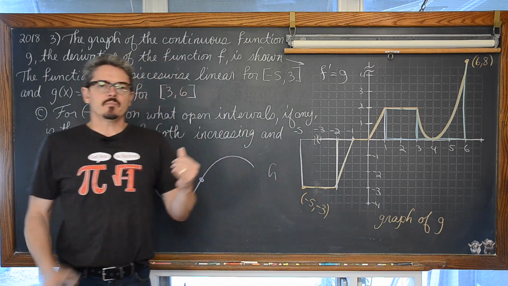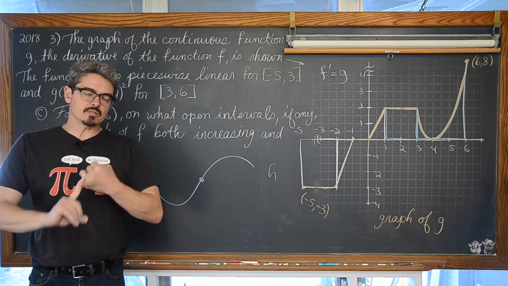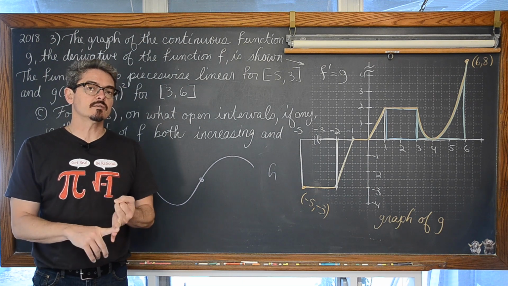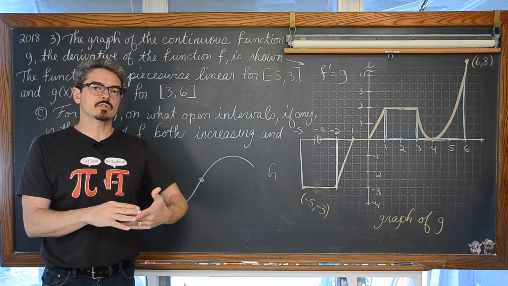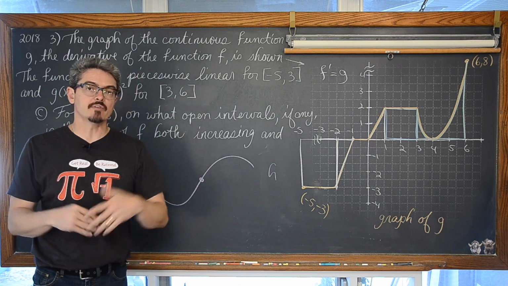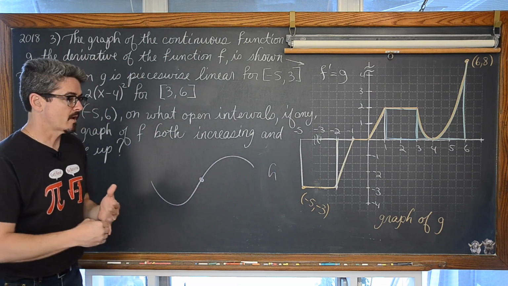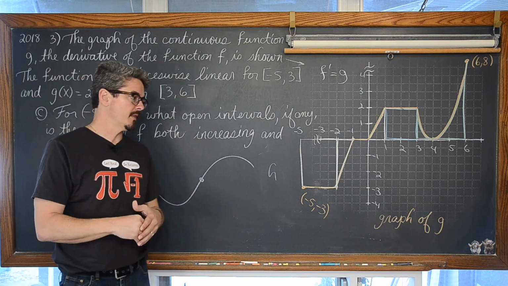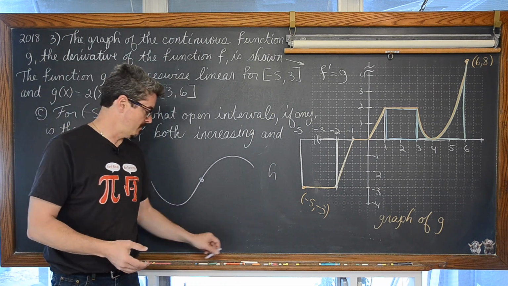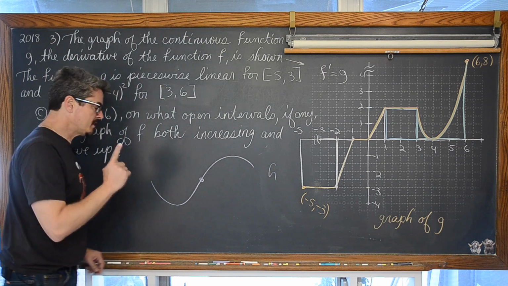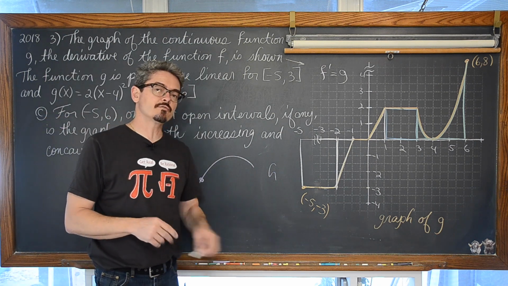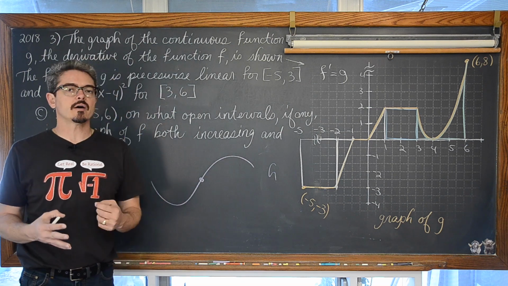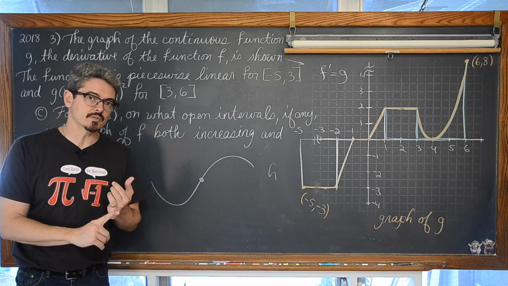We teach a lot about when the second derivative is positive, the function's concave up, and when the second derivative is negative, then the original function, let's say h, if h double prime is greater than 0, then h is concave up, and when h double prime is negative, then h is concave down. Well, if you want to answer these questions efficiently on the AP test, you need to be able to talk about concavity in terms of the first derivative.